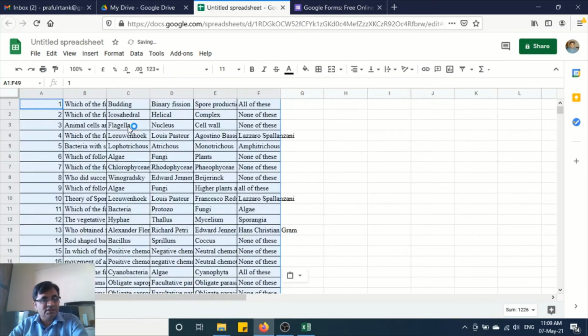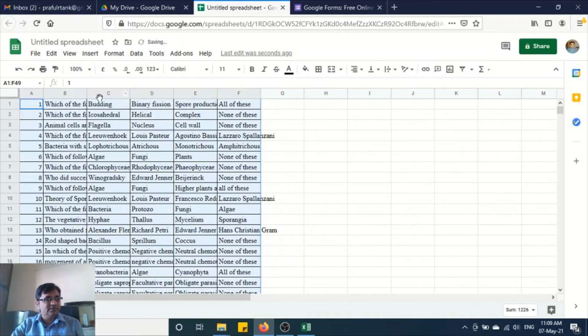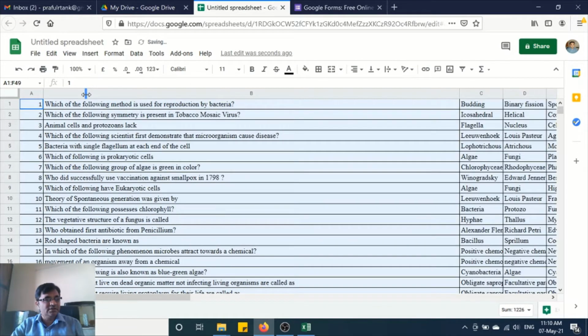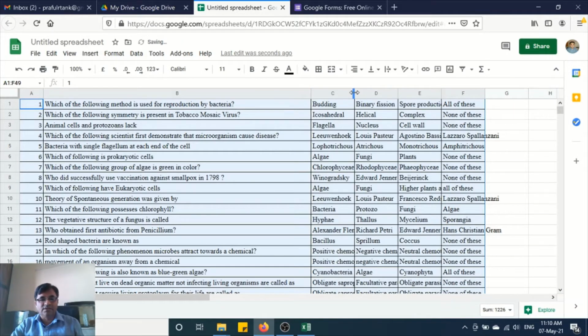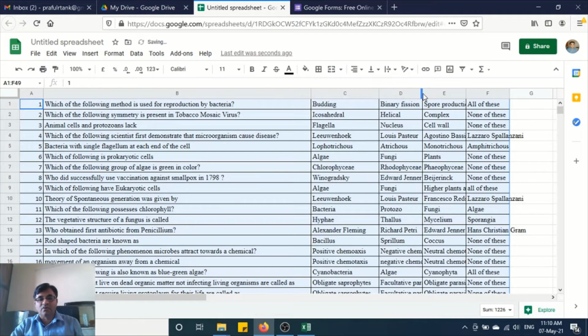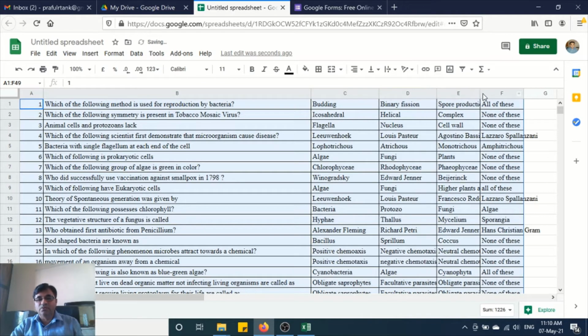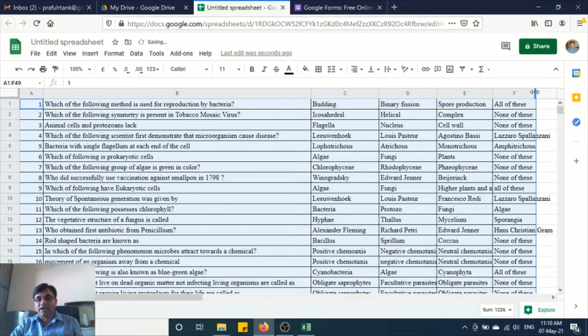You can see whatever the questions we have added in our Google Sheet, now it is being copied here. This one is the questions, and then this one is the option 1, option 2, option 3 and fourth option of our questions.